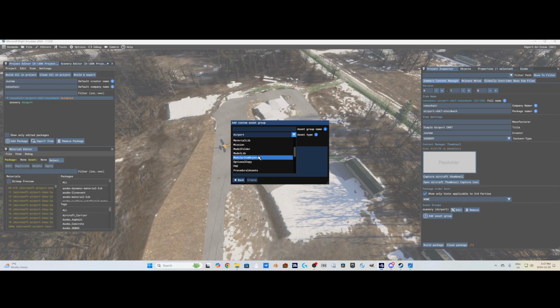We click on here. We scroll down and we look for model lib. I always keep the same naming convention, so model lib, and I'm not sure if you have to, but I do, and it seems to work out quite well for me. If you notice here,